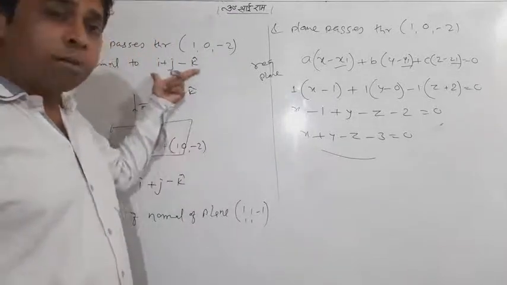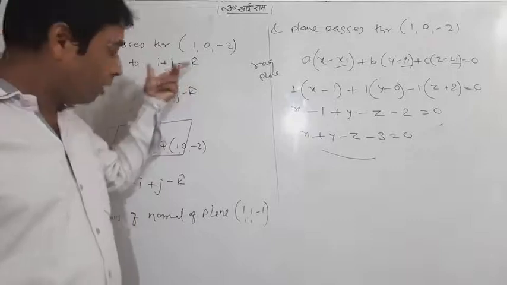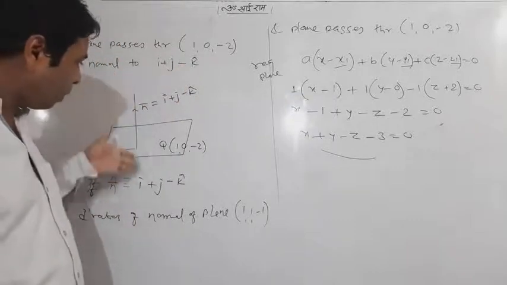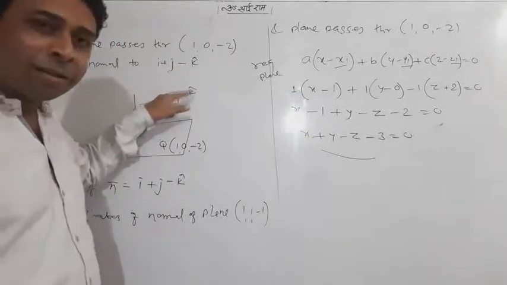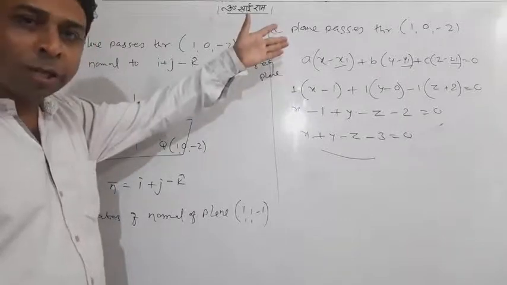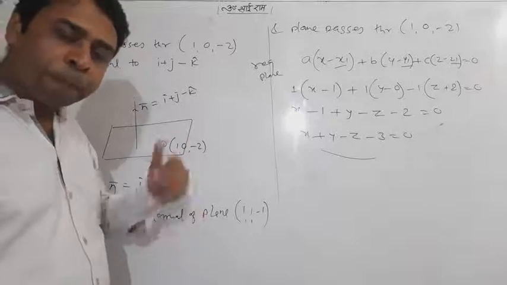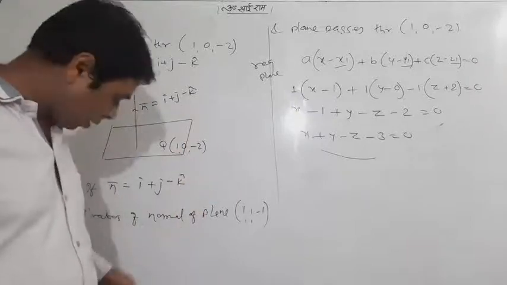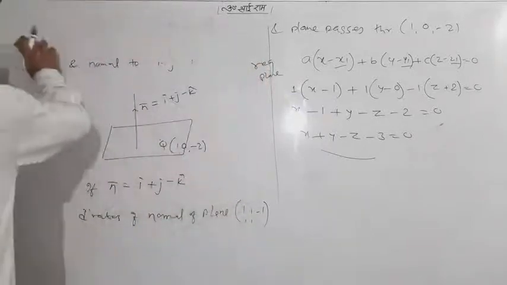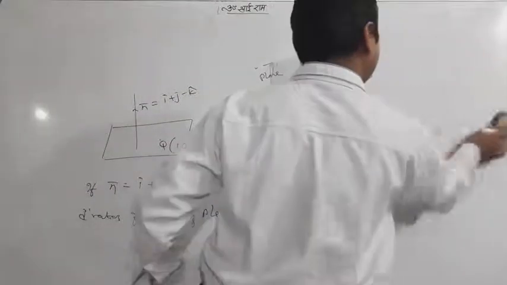It was my n, but I didn't think of n. I thought that this is my n, where a, b, c are the hidden direction ratios of the normal. So I took x1, y1, z1 as the point by which the plane passes. It was also directly given. We put it in and get the answer. Okay, so I think it is enough to explain all the things. Now I move on to some other question.